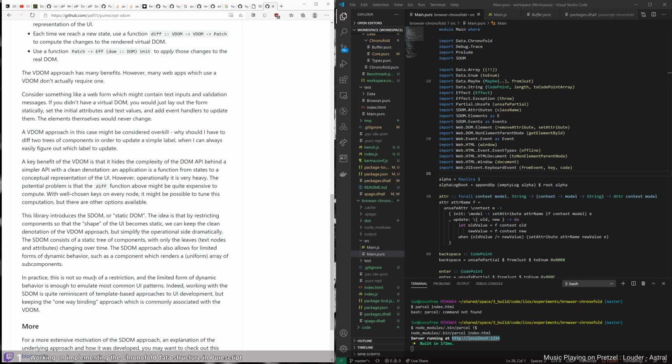In practice, this is not so much of a restriction, and the limited form of dynamic behavior is enough to emulate most common UI patterns. Indeed, working with the SDOM is quite reminiscent of template-based approaches to UI development, but keeping the one-way binding approach, which is commonly associated with the VDOM. A one-way binding, also called unidirectional flow,